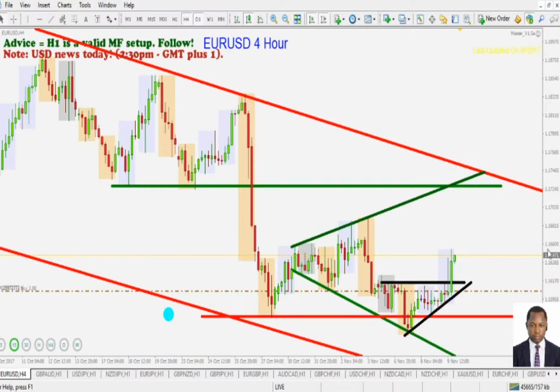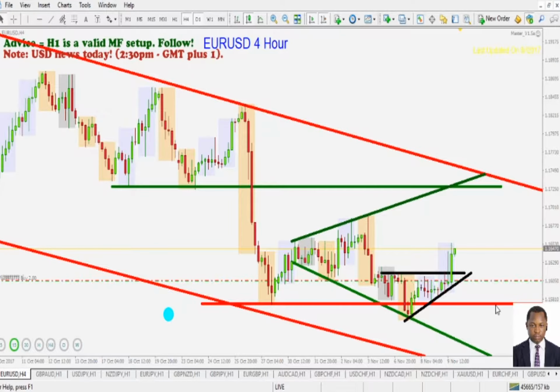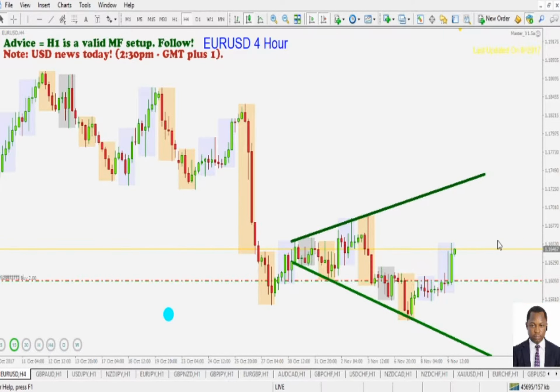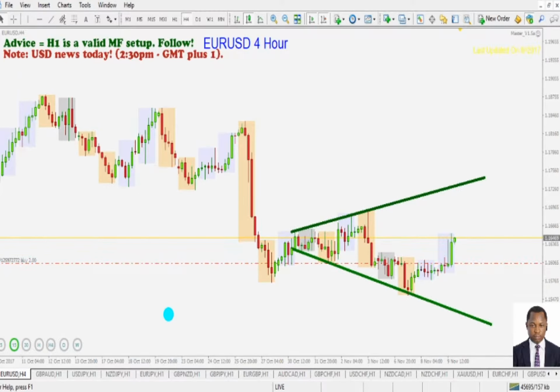Let me take out all of these lines. As you probably know, price moves in patterns. Let me take out all of these lines so you can see how we were actually following price in the euro against the American dollar. Now this is the 4 hours time frame. We got a little push to the upside, then we discovered that price was making harmonic bounces off these levels.